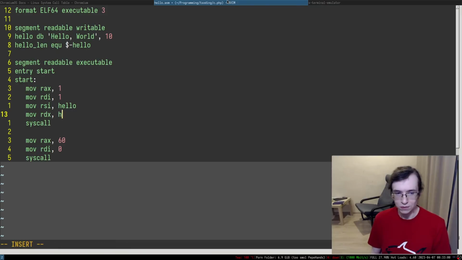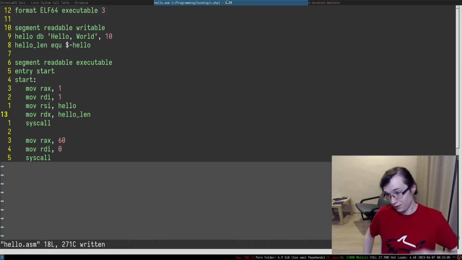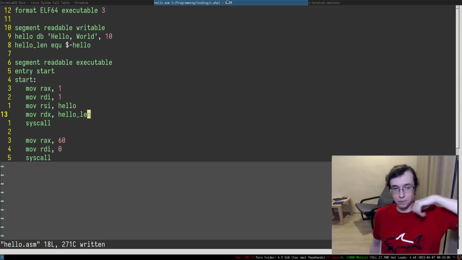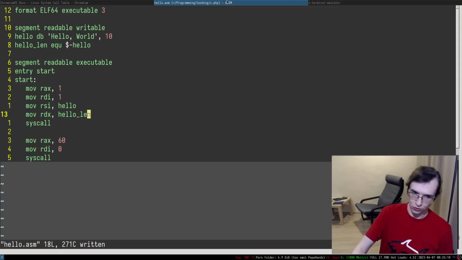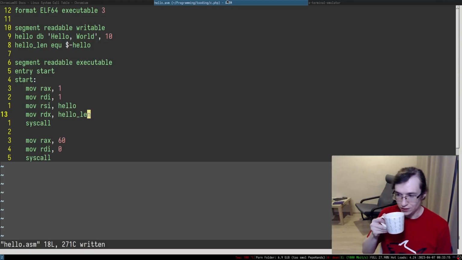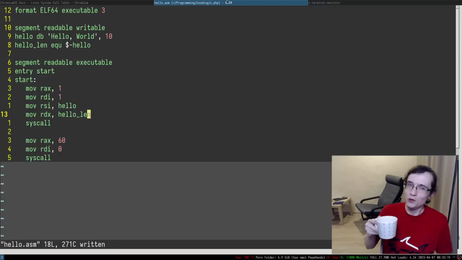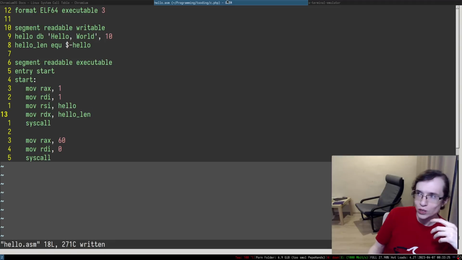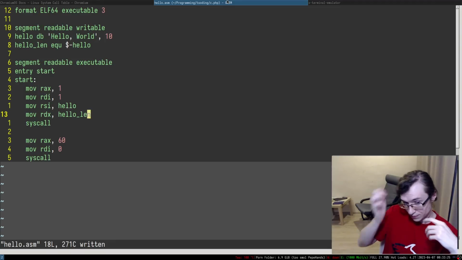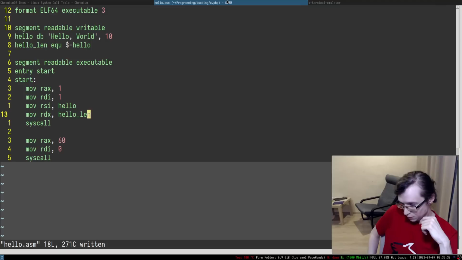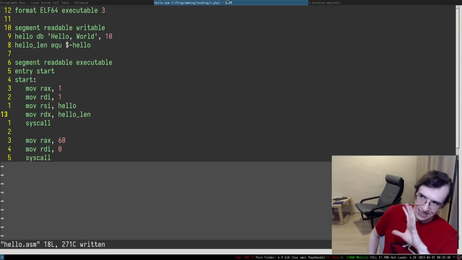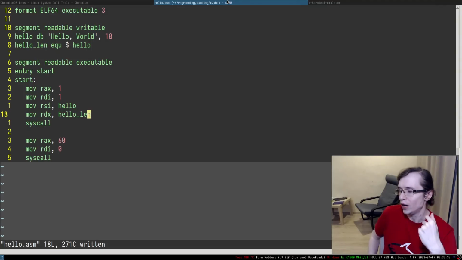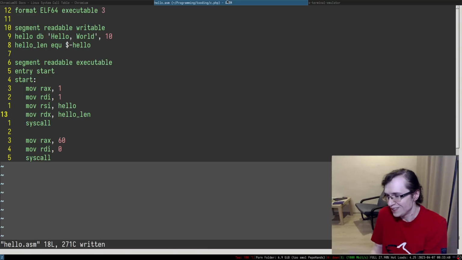And why doesn't it matter? Because write accepts the size of the string. So that means it literally doesn't care if there's 0 or not. This is not C. Null terminator is kind of a C thing, which kind of leaked into operating systems as well, right? So some of the syscalls kind of expect null terminated strings, but write doesn't require it because it accepts the size, right? So again, this is self-evident.